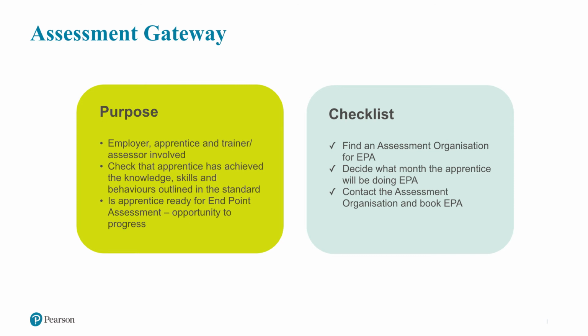So we spoke about this in one of the earlier slides, the assessment gateway. What I do say there, and I'll reinforce it, is it can be as simple or as complicated as it needs to be. Obviously the simpler the better, but it's a window, a checklist, a gate within the apprenticeship program after 12 months, where the employer, the apprentice, and their training provider, assessor or FE college make a recommendation and a decision that an apprentice is ready to progress to endpoint assessment.